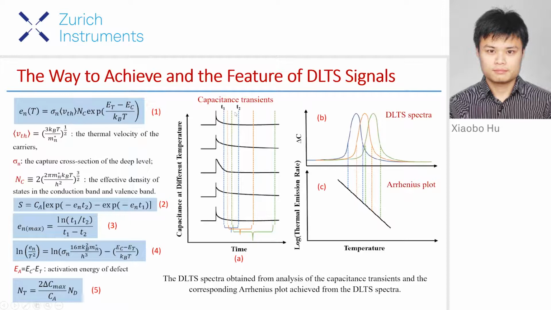Second, fixing T2 and changing T1. Three, fixing the ratio of T1 divided by T2 and changing T1 and T2. The three methods will bring different DLTS curves. Commonly, method 3 is widely employed,